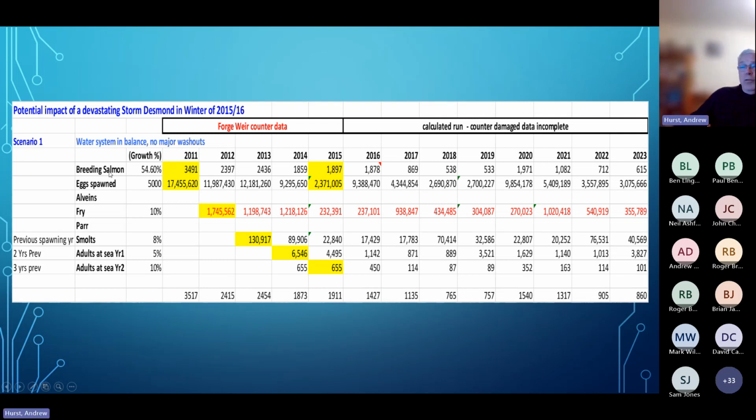So, for example, on the Lune, because the EA take a sample of the run to determine the exact composition of it, the male to female ratio, they have worked out over the years that on average 54.6% of the returning adults are female. So if we have a number for the fish run, then we can determine exactly the number of females returning from that run. In 2011, the number of females returning was